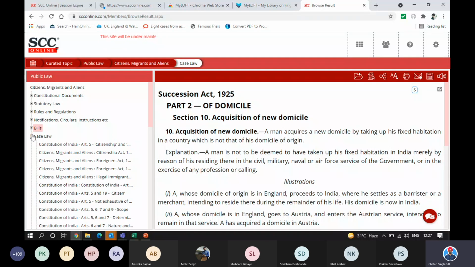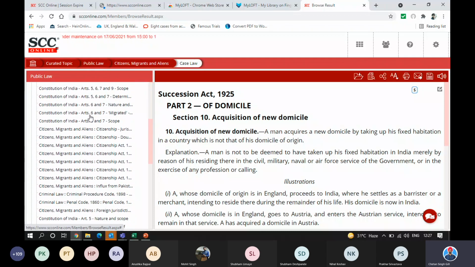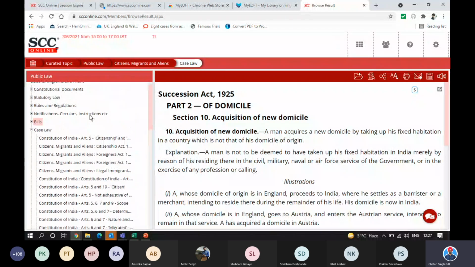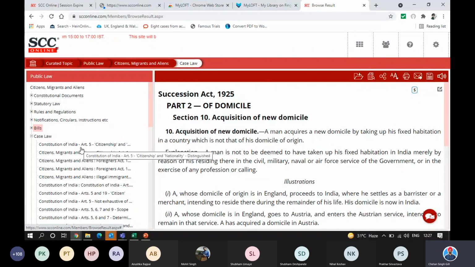Case law, that's my favorite. Now, finding a judgment on this topic can be tiresome. So what we've done is we picked up a couple of judgments which have made a huge contribution in the development of this topic. So if you click on this,